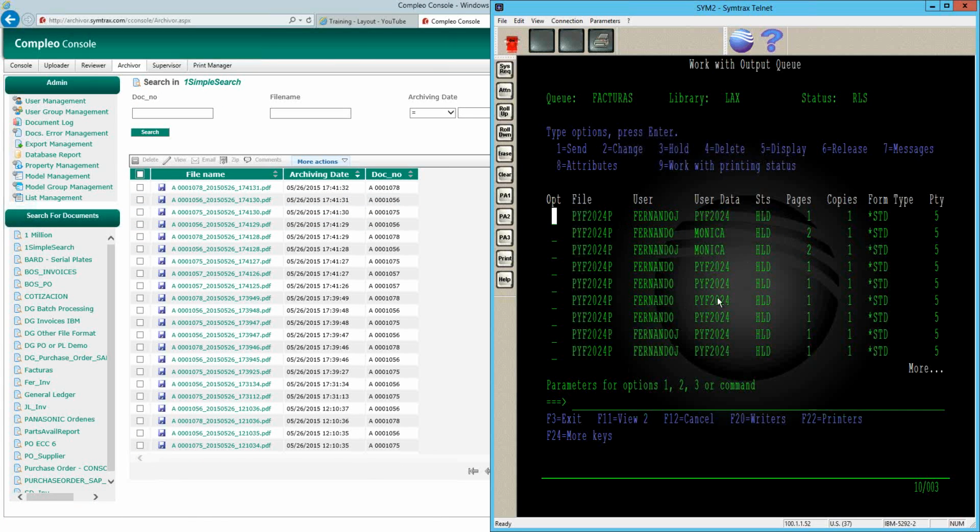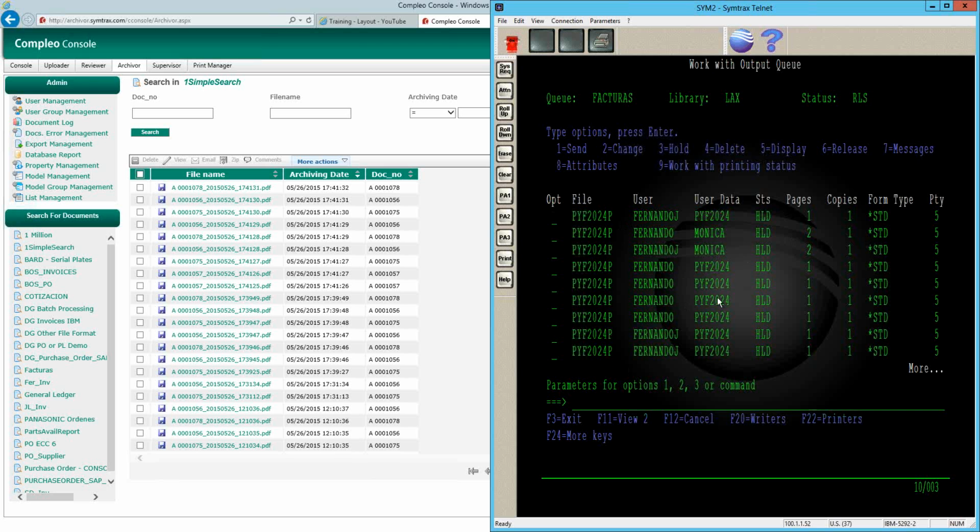What I want to do now is show you something that comes with Compleo Archivor, which is Compleo Console, and just a neat feature of the newest version of Supervisor: you can actually check the status of Compleo Supervisor, whether it's running or not, or turn it on if it's not on. You can check some processes, some logs, success messages or error messages. And if you ever have processes that run at night and Supervisor is turned off for whatever reason, you can always, from home or some remote site, start the service so that